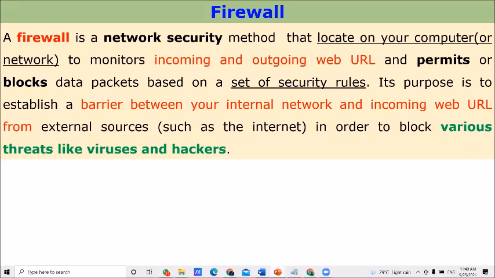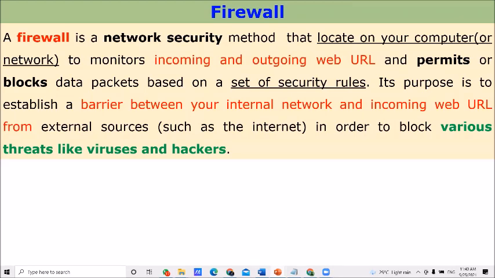Normally, the firewalls are located on your computer or your organization's network, right? To monitor incoming and outgoing web URLs, incoming and sending URLs, and permits or blocks data packets based on a set of security rules, right?